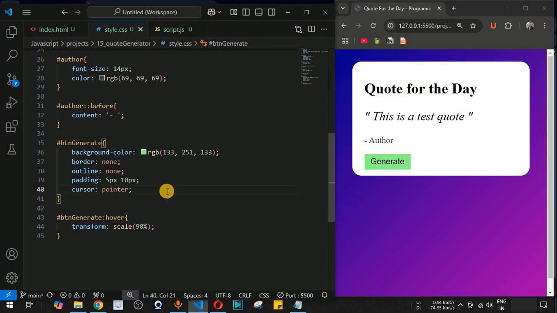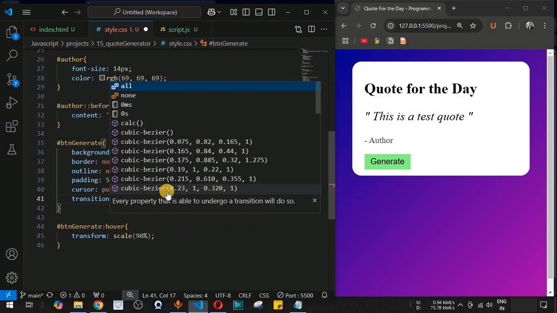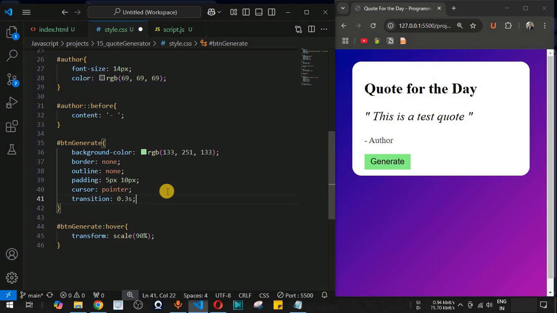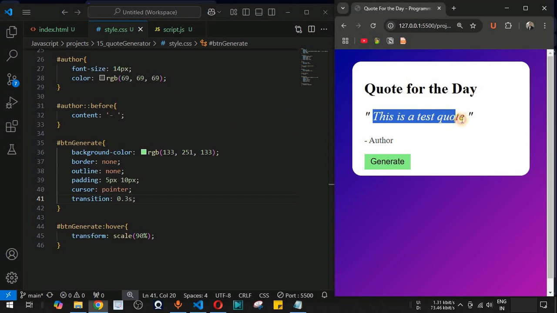Now we can also provide the transition property so that it looks smoother while it is decreasing the size. So we have provided 0.3 seconds over here. So as you can see, now there is a smooth effect of the button decreasing its size on mouse hover. Now guys, let us move to the JavaScript code in order to randomly generate the